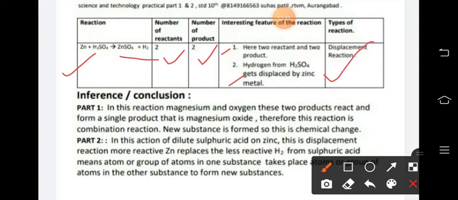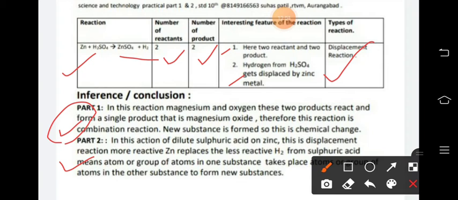So our conclusion is, in this reaction magnesium and oxygen, these two reactants react and form a single product, this is for part 1. Okay, single product, that is magnesium oxide. Therefore this reaction is a combination reaction. A new substance is formed, so this is a chemical change. And for part 2 the conclusion is, in this reaction of dilute sulfuric acid on zinc, this is a displacement reaction,